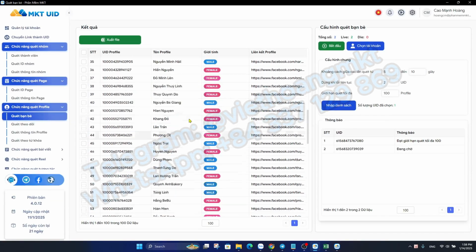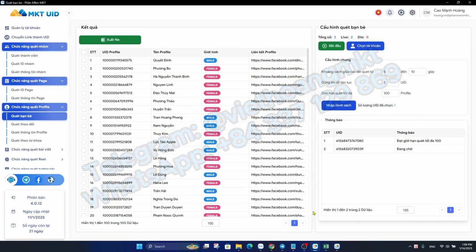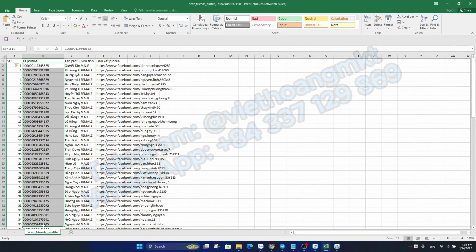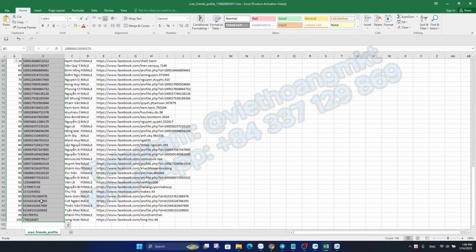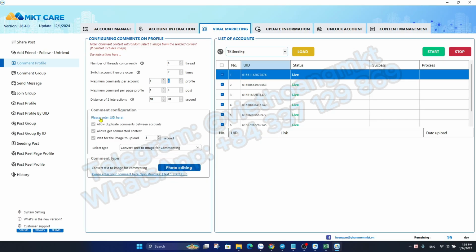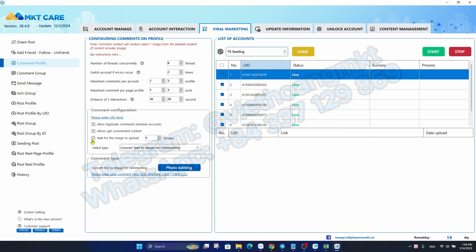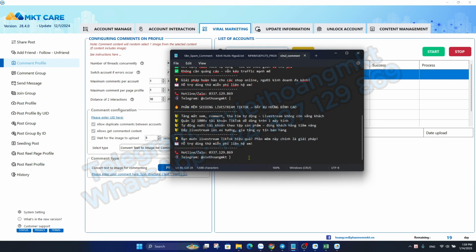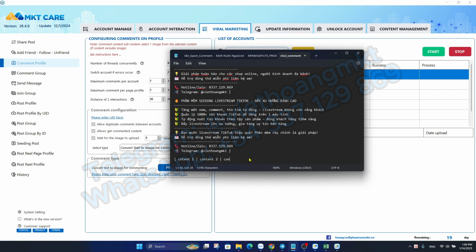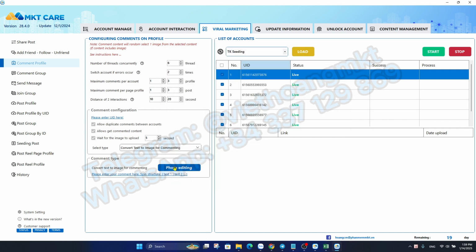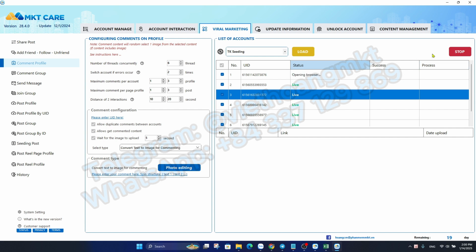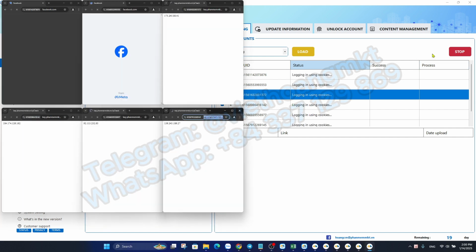Here, you can use our tool to scan customer data or manually select the UID you want. Copy it and paste it into the comment configuration section. Finally, choose the type of comment, text or image, and add the content you want to comment. Click Start, and the software will automatically have your account comment and